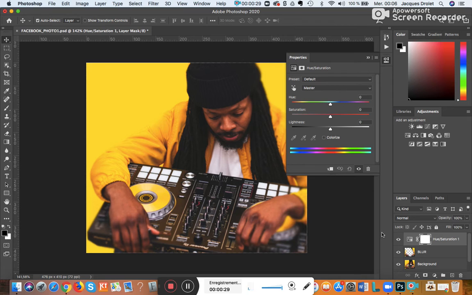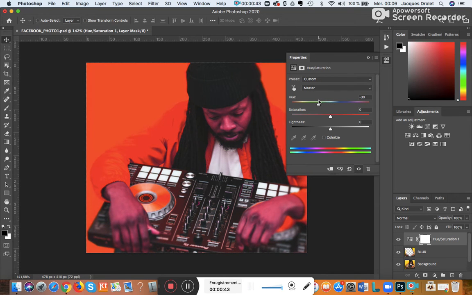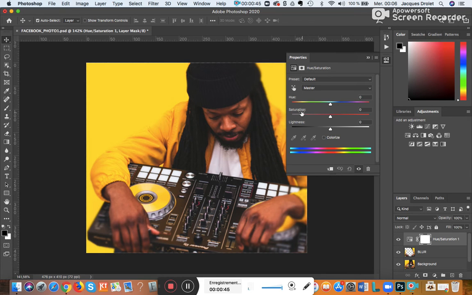As you can see, it creates a new layer here. It's an adjustment layer. So there's a hue here, which applies to all the colors. All right, so as soon as you move that, you're going to see all the colors are going to change on my picture. There's the option here, the saturation, but pay attention to that because if you boost it like